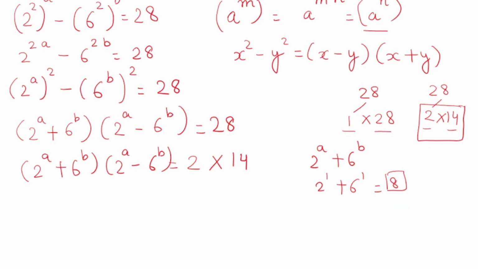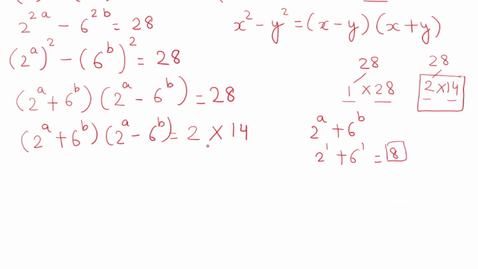Now the other confusion is which one should be represented as 2^a + 6^b, and which should be represented as 2^a - 6^b. To choose that, if you see 2^a + 6^b, if I choose a equal to 1, which will be 8, and similarly if I write